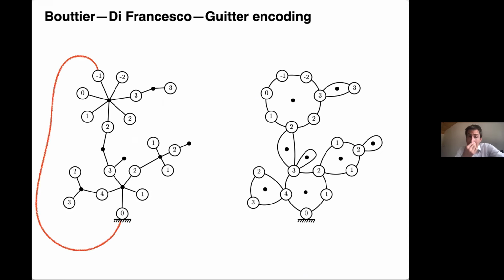Okay, and now from those objects, we apply the Schaeffer rule and create a map. So what is the Schaeffer rule? Let me remind you that you imagine that you do the contour of the tree, you go around the tree or around the loop tree, it's the same. And each time you encounter a white vertex with label i, you connect to the next vertex in the contour order with label i minus 1.